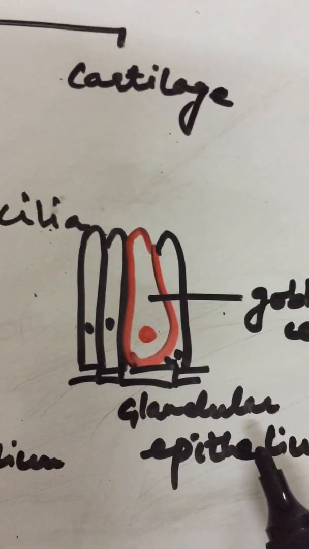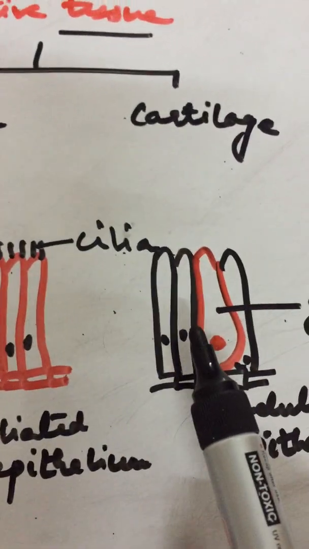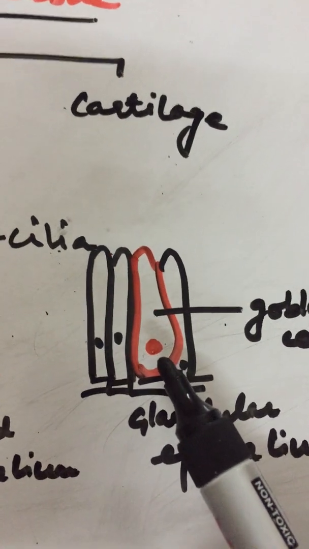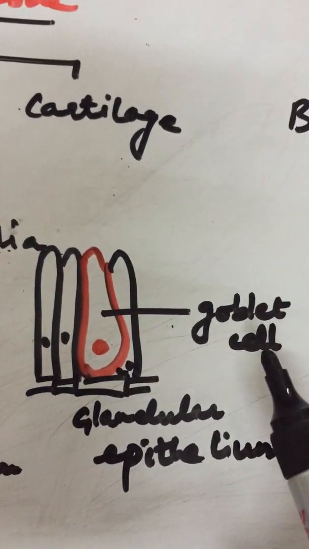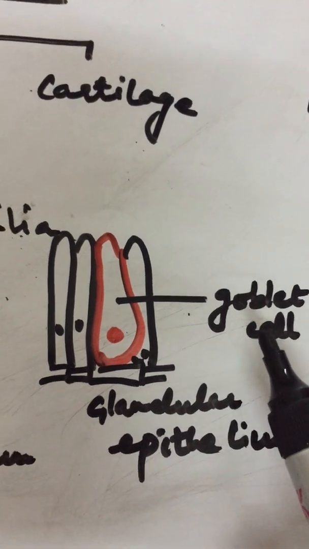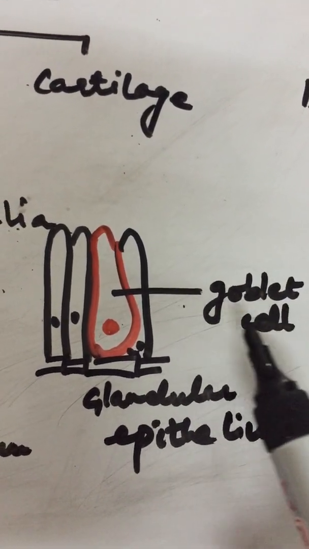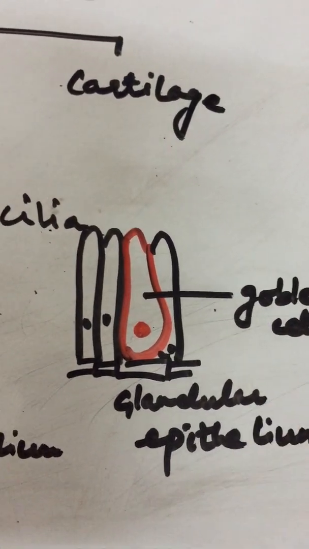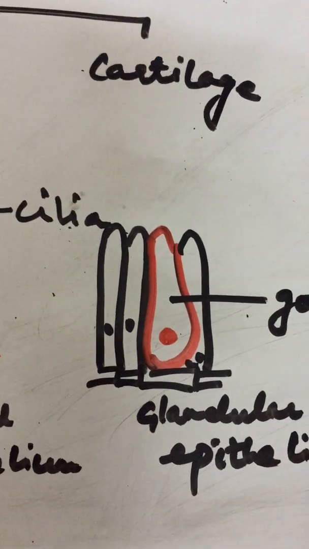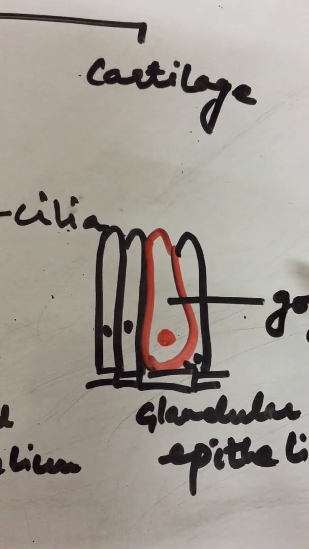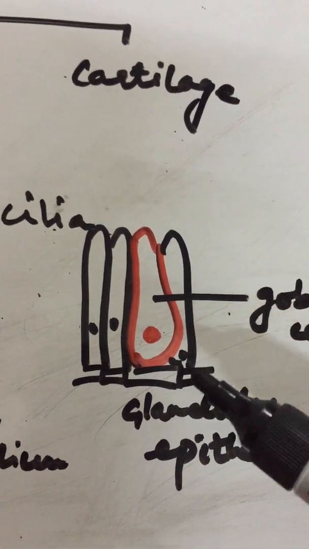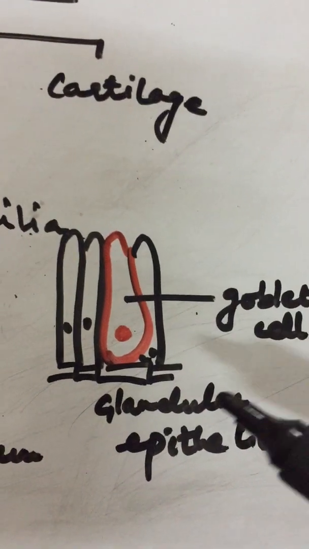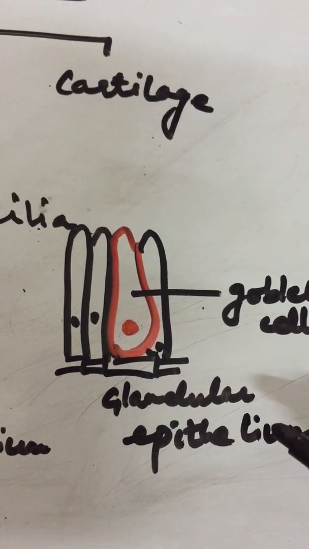This is what glandular epithelium cells look like. Cells are columnar in shape, just like the columnar epithelial cells, but few cells inside it are modified and they are called goblet cells. Goblet cells secrete special chemicals like mucus or any other substance or tears for that matter, because this epithelium is present in specific areas like tear glands or salivary glands, where tear or saliva or mucus in the nose are produced by specialized cells called goblet cells. So this is about glandular epithelium.